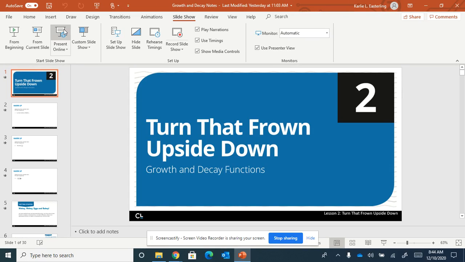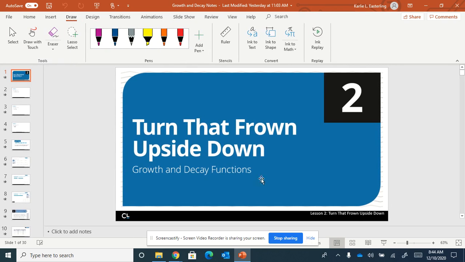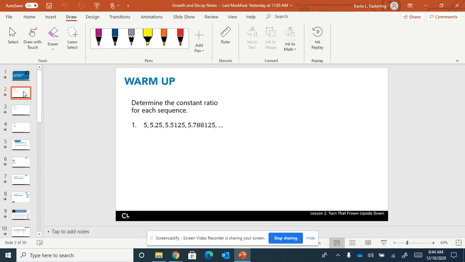All right, so today we are going to be covering growth and decay functions. So let's go and get started. The first thing that we're going to do for this warm-up is determine the constant ratio for each sequence. So the constant ratio is pretty much trying to determine